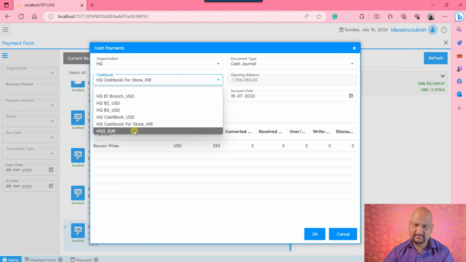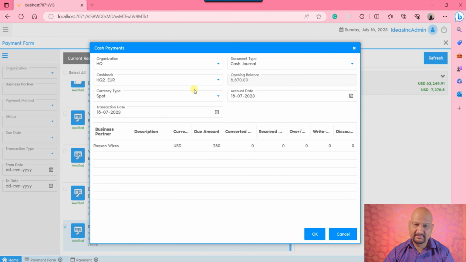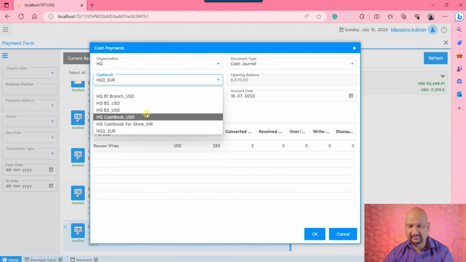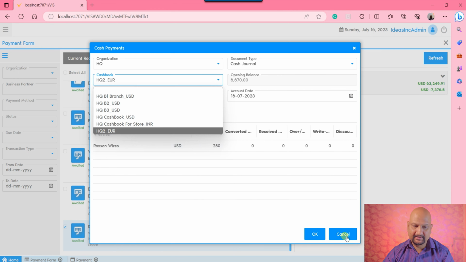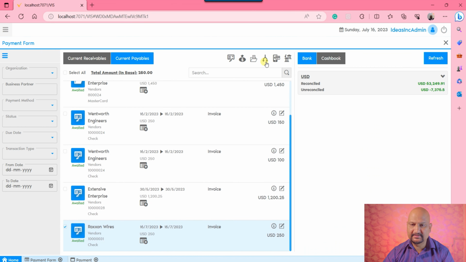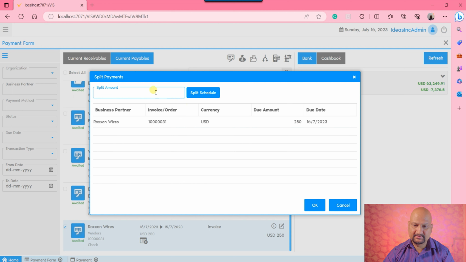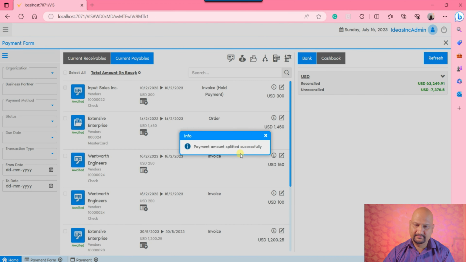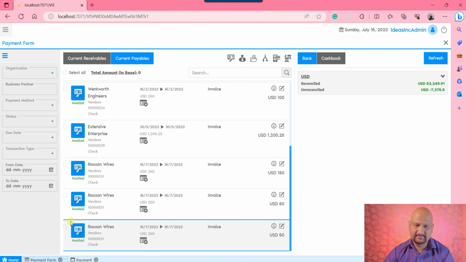So it is euro, so there is no conversion found. So I would be able to pay, since I do not have the entire value, so I would pay after breaking this. So let me split it out, and I would say I want to split it of 50. So I will split this. So split once again 50. So that's okay. Now we'll move on, and to showcase you,